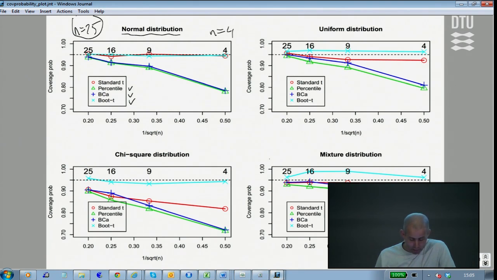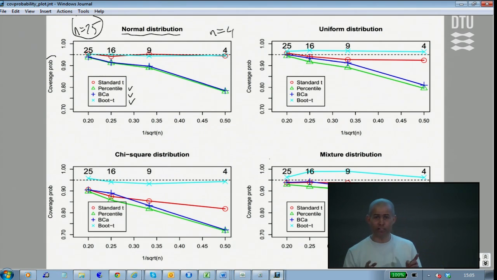What I'm showing you in this diagram is what I call coverage probabilities. That is, I many times compute the confidence interval for a mean. Since I simulate the data, I know what the mean is, and I simulate with 0 mean in this case. So I simply count how often the confidence interval includes the true value.